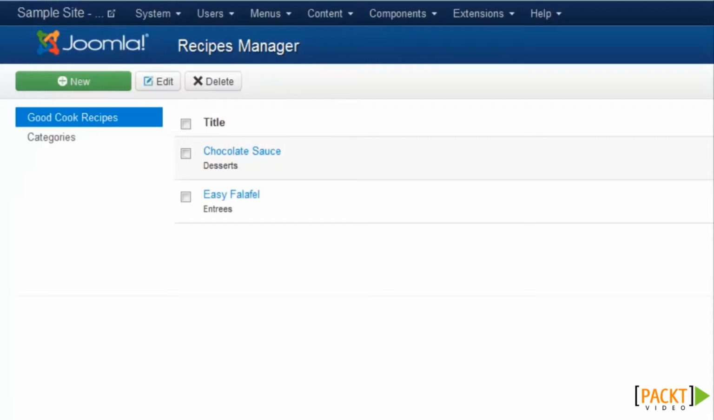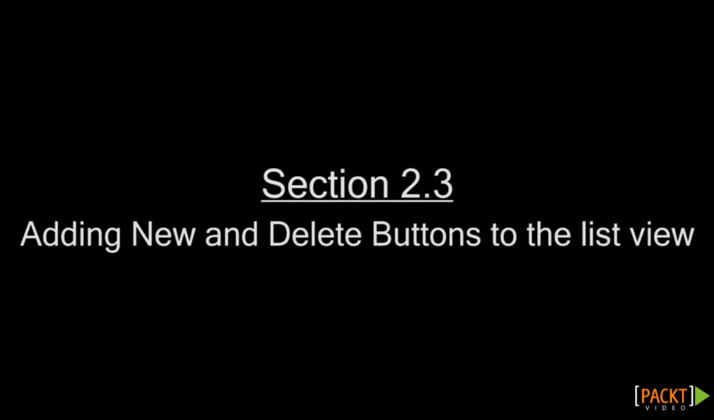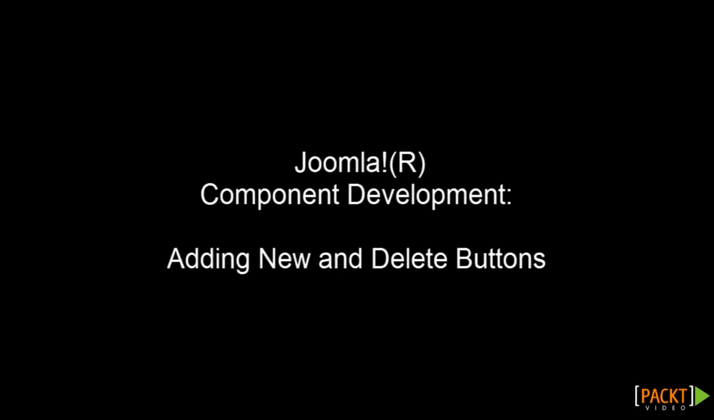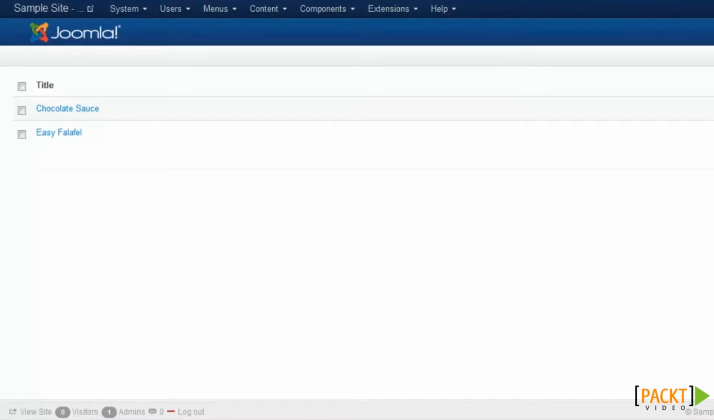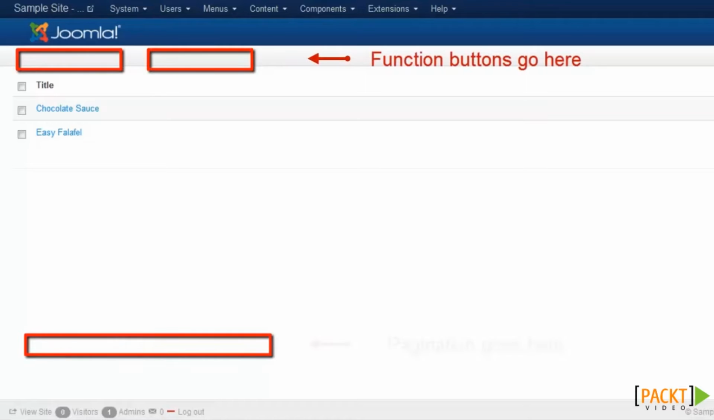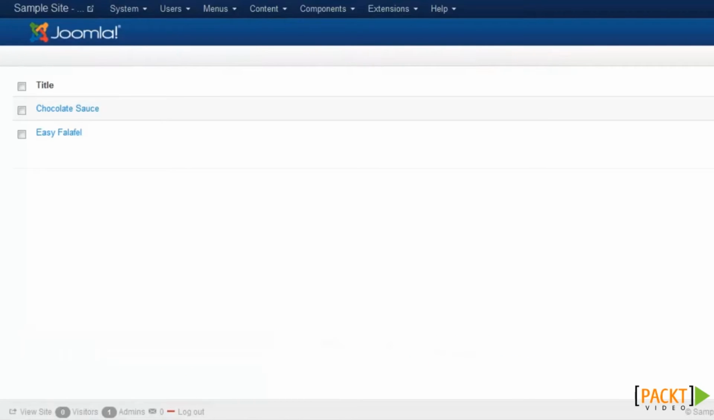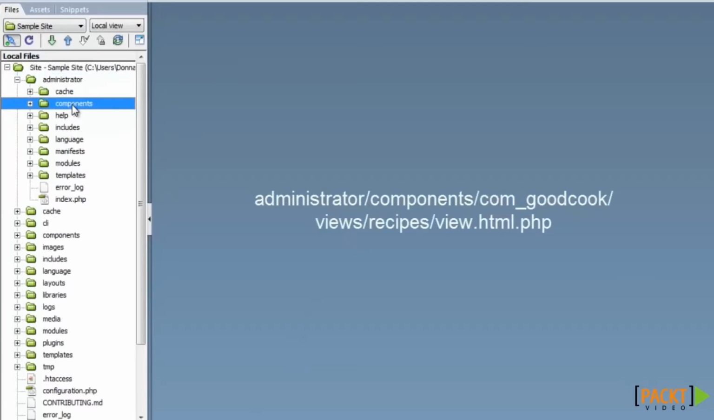In our next exercise, we will add new and delete buttons to the list of recipes screen. In this exercise, we will add new and delete buttons and pagination to our admin component. The new and delete functions are initiated from the screen that shows a list of items. So let's open the administrator components, com_goodcook, views, recipes,